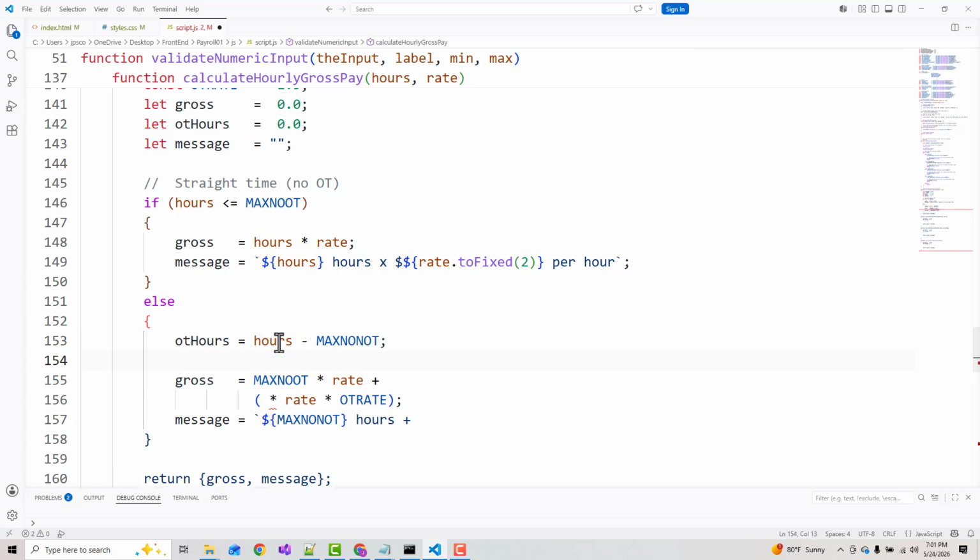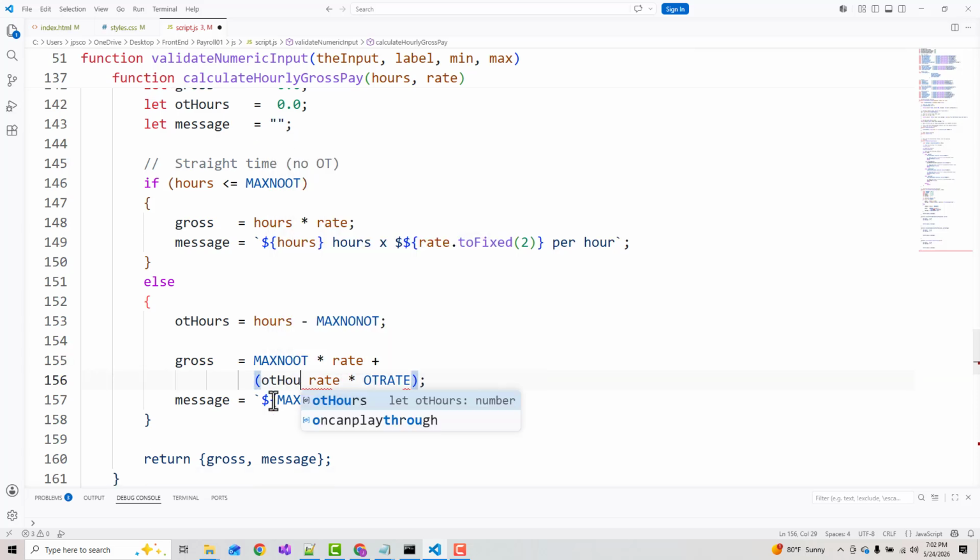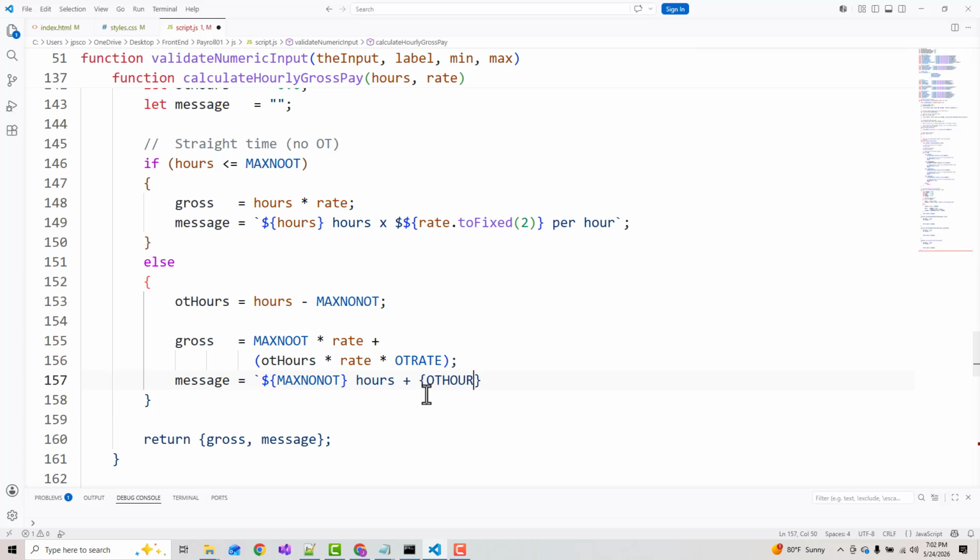So that's the number of overtime hours they worked. So this will now be OT hours times rate times OT rate. A little cleaner. You're going to kind of make your own determination. Plus OT hours